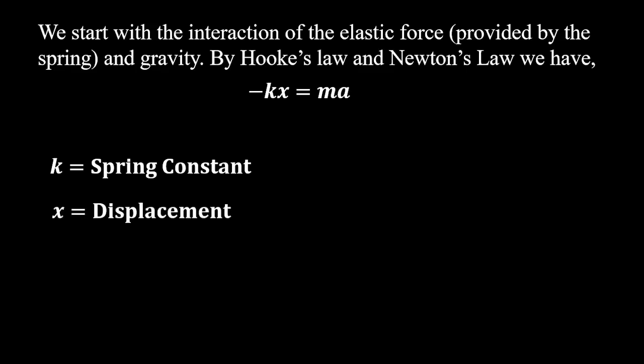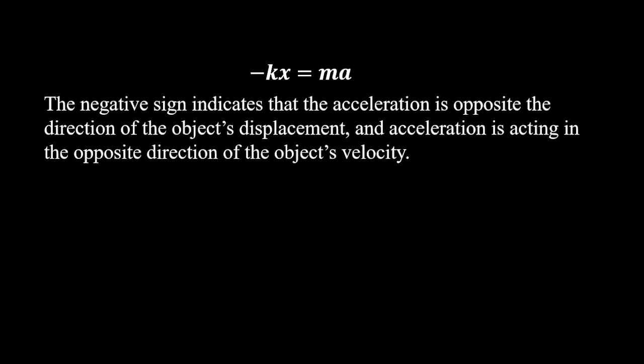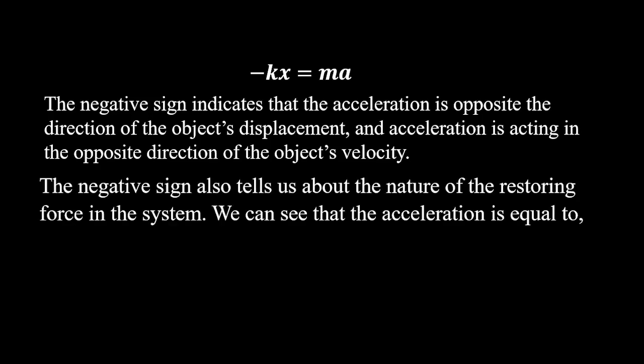By Hooke's law and Newton's law we have: k stands for the spring constant. x stands for the displacement away from the equilibrium position. m stands for the mass. a stands for the acceleration. The negative sign indicates that the acceleration is opposite the direction of the object's displacement. An acceleration is acting in the opposite direction of the object's velocity. The negative sign also tells us about the nature of the restoring force in the system. We can see that the acceleration is equal to